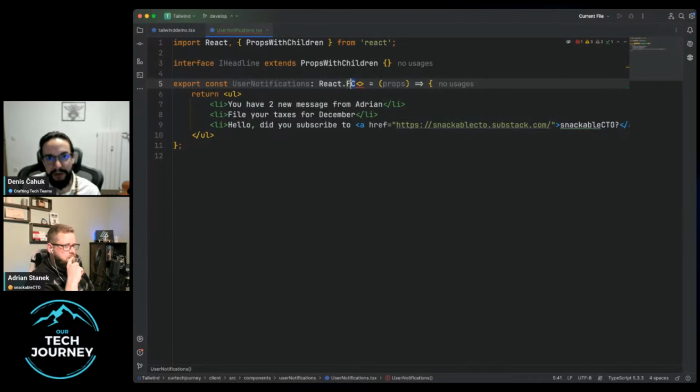So we are actually returning, what does FC stand for again? A functional component. Functional component, yeah. So we're returning a type of functional component, but the function it receives is also type checked.